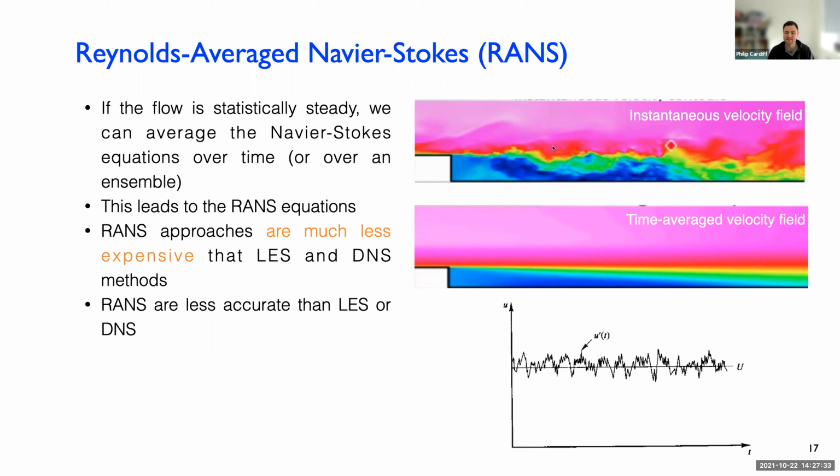So the true instantaneous velocity field, either DNS or LES, would have a lot of eddies being formed. At any one moment in time, the velocity field would look a little bit different. But you get to define the average of that in time. So for example, LES or DNS would give you this noisy signal, and then you just take the average of that. The RANS approaches basically try to solve or calculate this